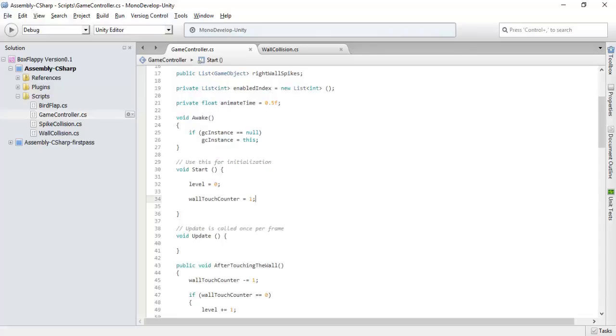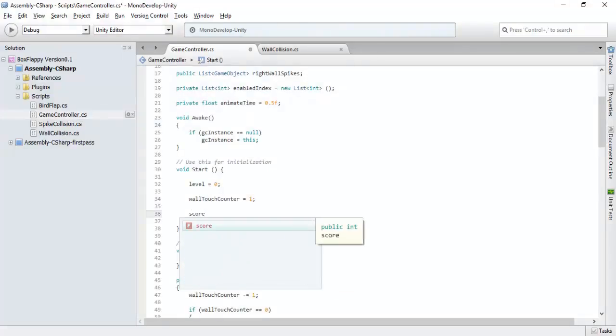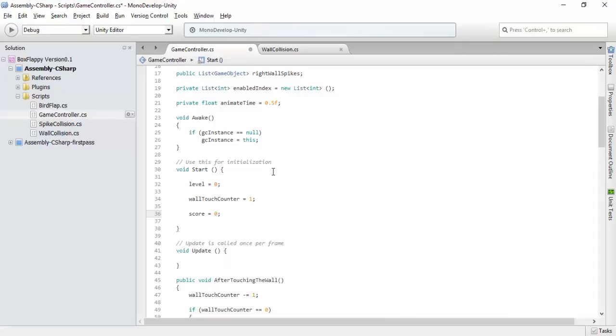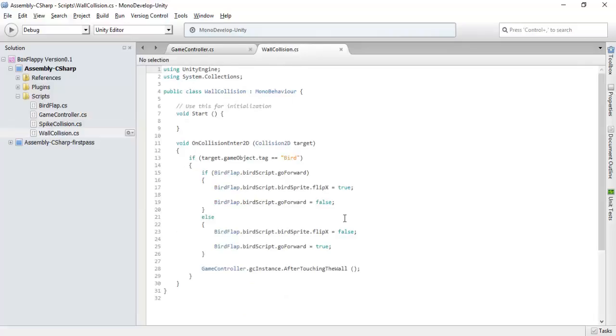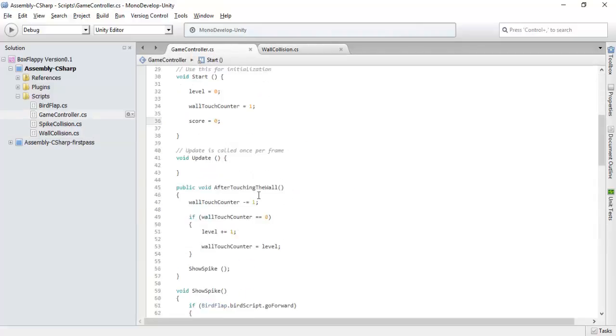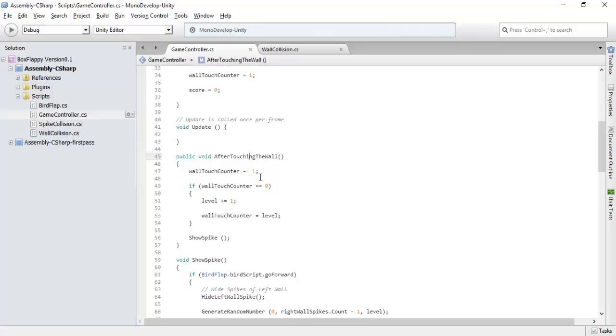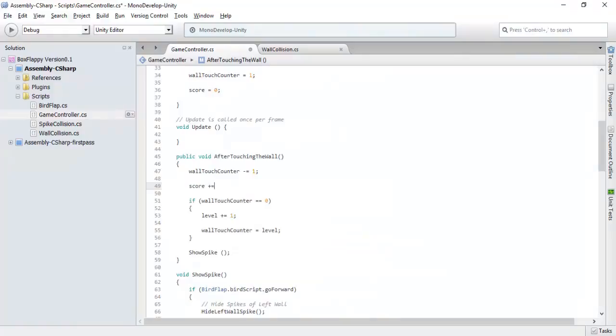Start. The score will be 0 at first. We can simply increase the score by 1 whenever our bird is successfully touching the wall. So after touching the wall is the function that will be called after touching the wall successfully. So simply after touching the wall, we can increase the score by 1, and